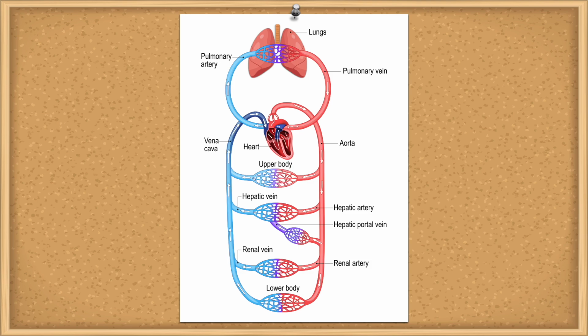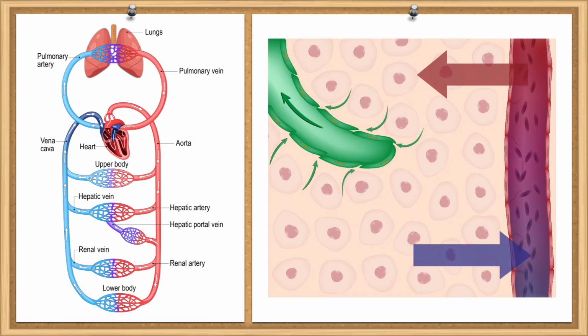After the exchange and filtration processes occur, the blood continues its journey back to the heart. Zooming in on the exchange of nutrients in the tissues, we can see how the blood plasma escapes the blood vessels to interact with all of the individual cells. At the same time, waste from the cells enters the blood vessels so it can eventually be filtered and removed